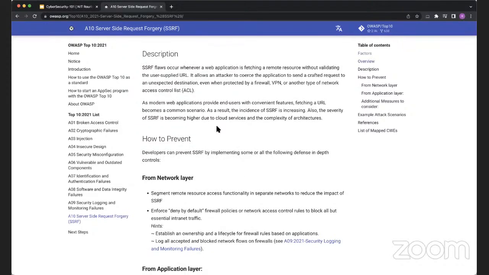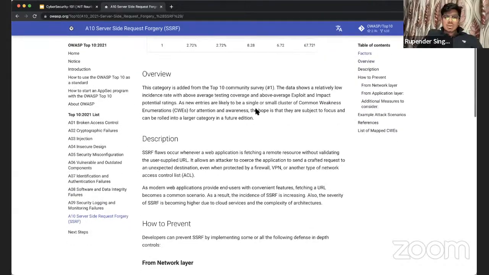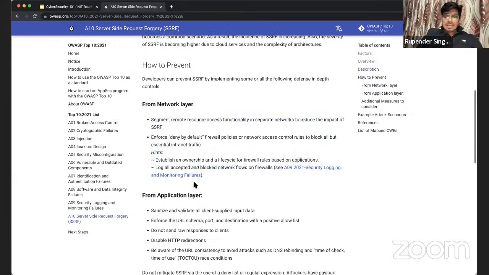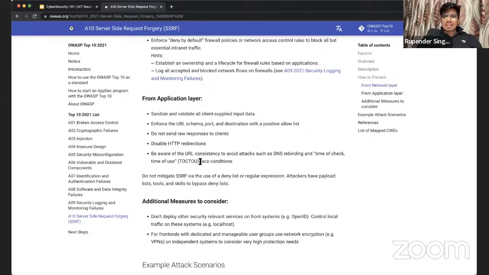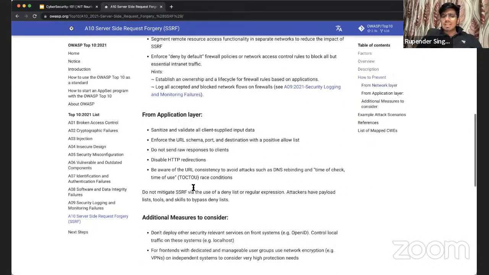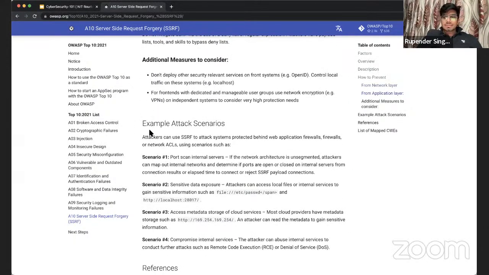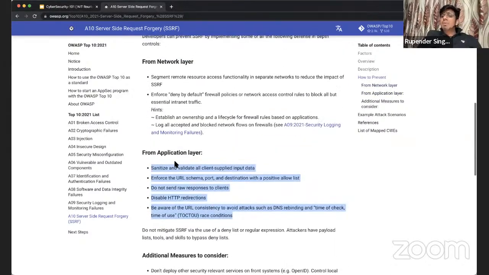So now, from the OS side, you'll get the description of the vulnerability, what the vulnerability actually is, some gist. You'll get how to prevent it. From the application layer, you'll know how to prevent it. But for how to exploit an actual vulnerability, what I would say is, just go to this,